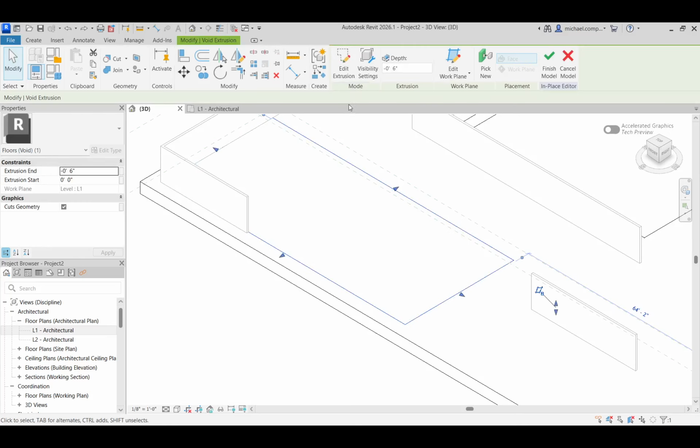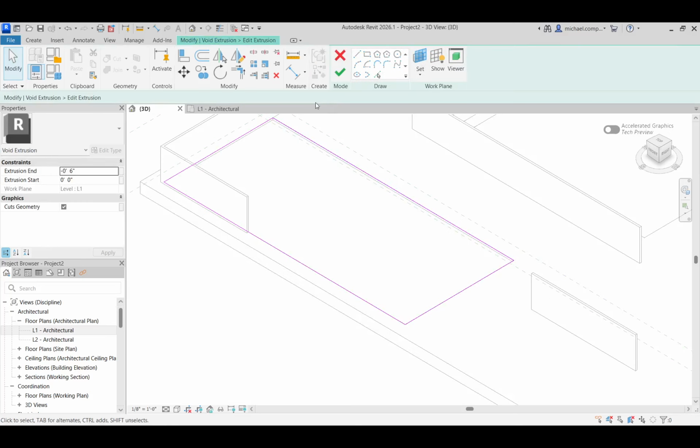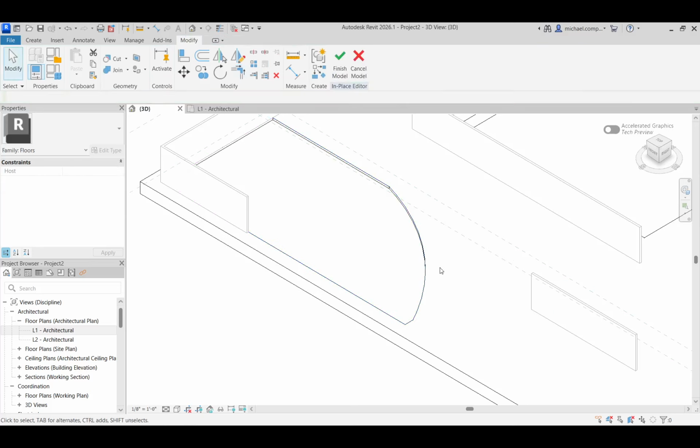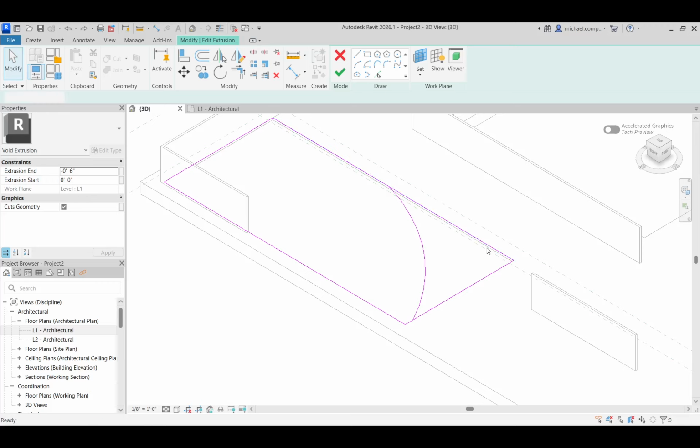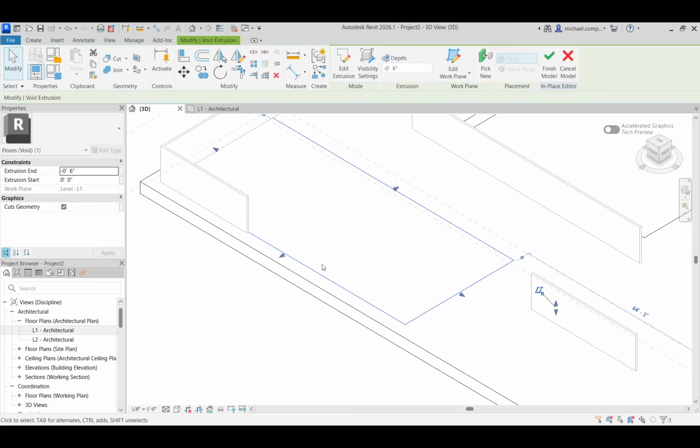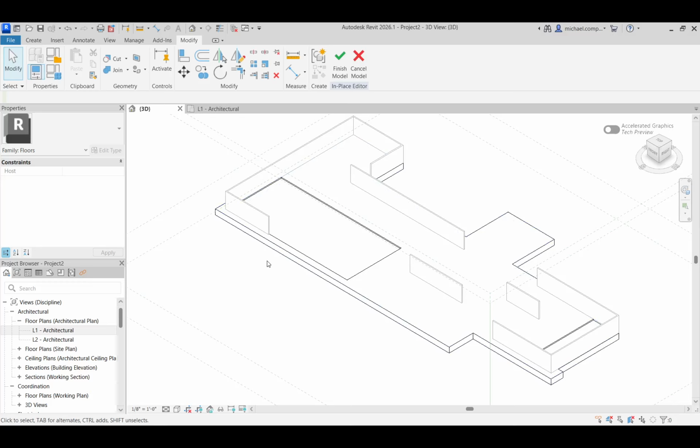And if I want to change the shape, I can edit the extrusion, and I can add a curve if I wanted to. That doesn't exist in the Barcelona Pavilion, but you get the idea, right? So I'm changing the shape of this thing, and it changed the shape of the void. That's really cool, I think, anyway. All right, so what I'm going to ask you to do is to finish modeling out the walls, and